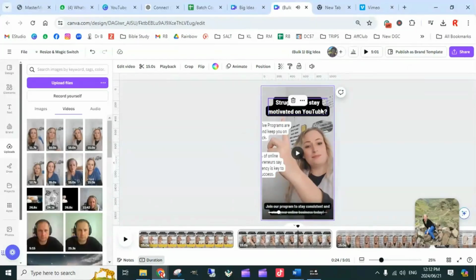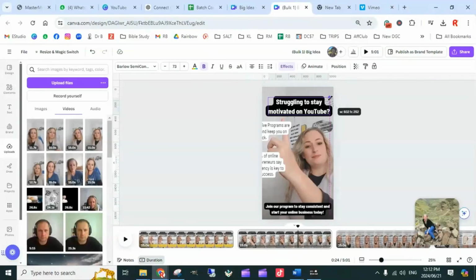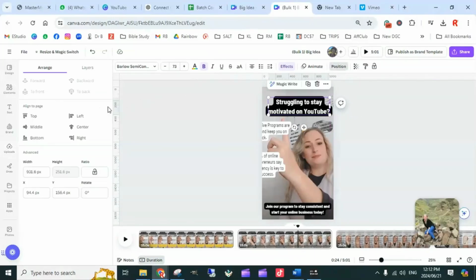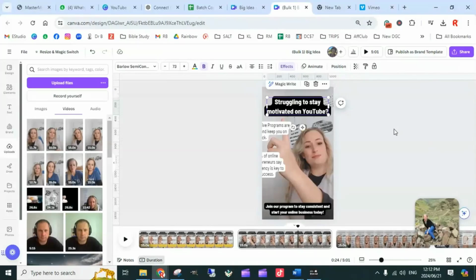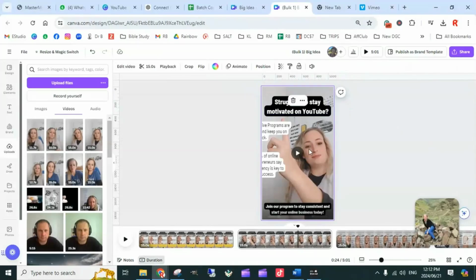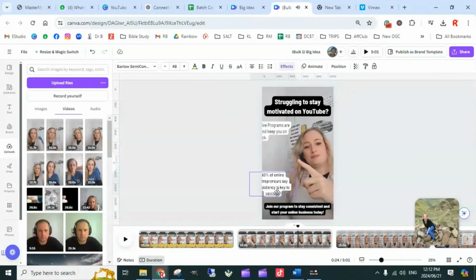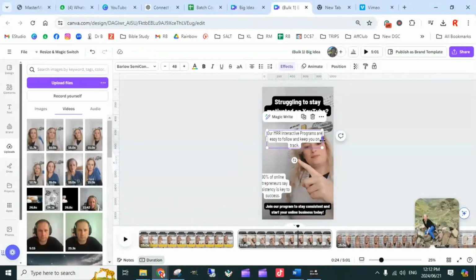So first of all, that's on the right spot. I'm just going to make it a little bit bigger, put it in the center, and there we go. Now I can play again. Then my second one is going to need to be here, and this is where you just can now